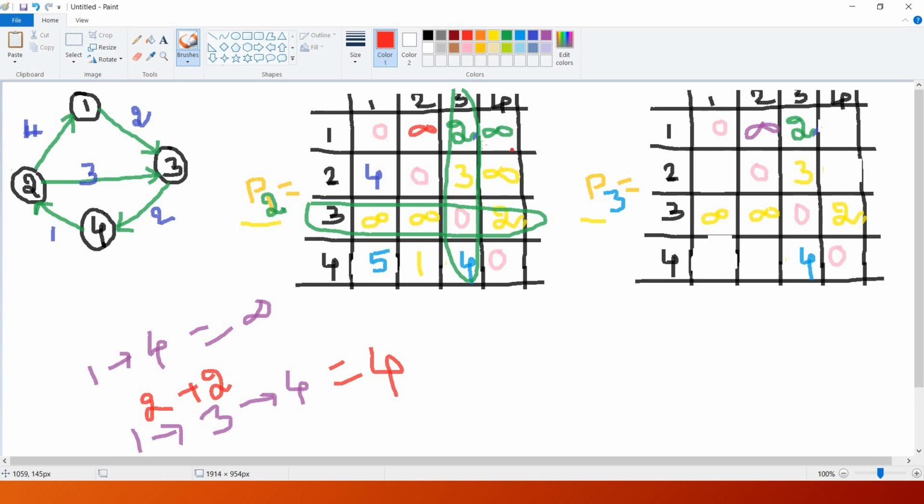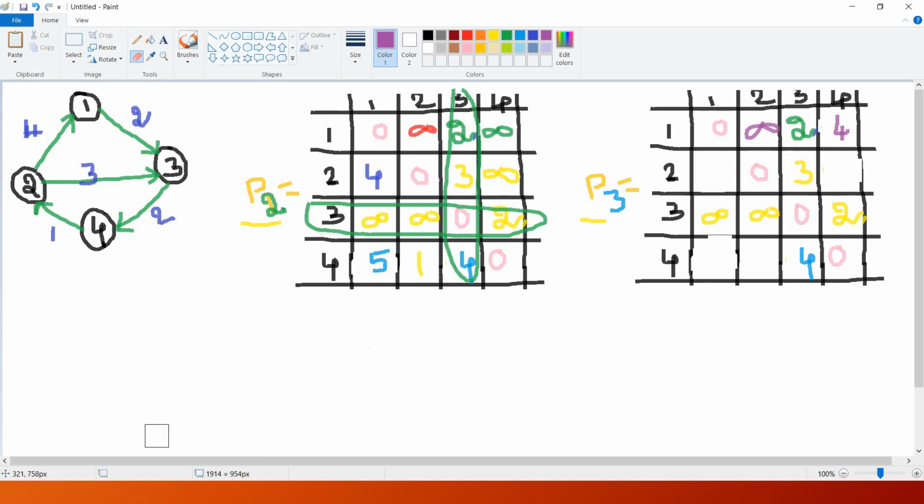Yes, we are able to eliminate one infinite value over here by using the transitive closure property of 3. Okay. So now the value of 1 comma 4 becomes 4 instead of infinite, because out of these two, which is minimum, 4 is minimum, right? So now we got one path from 1 to 4 by means of 3, that is 2 plus 2, 4. That is the reason I am considering it as 4. So in the third matrix P3, I am able to eliminate one more infinite value. In P2 I have eliminated 2. In P3 just now I have eliminated 1.